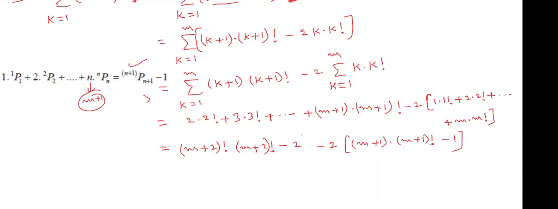Observe here, minus 2 into minus 1 plus 2, it is going to cancel. Remaining is (m plus 2) factorial. Sorry, here only m plus 2, (m plus 2) into (m plus 2) factorial minus 2 into